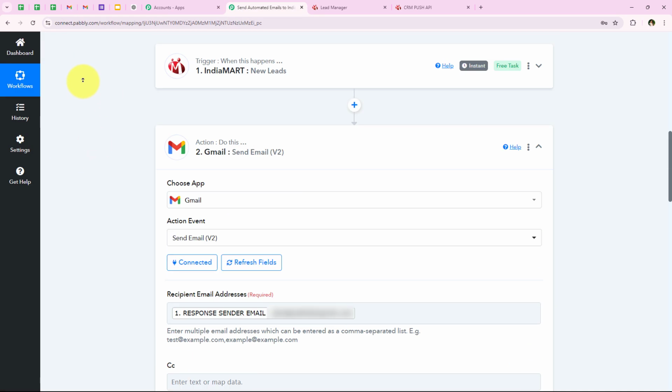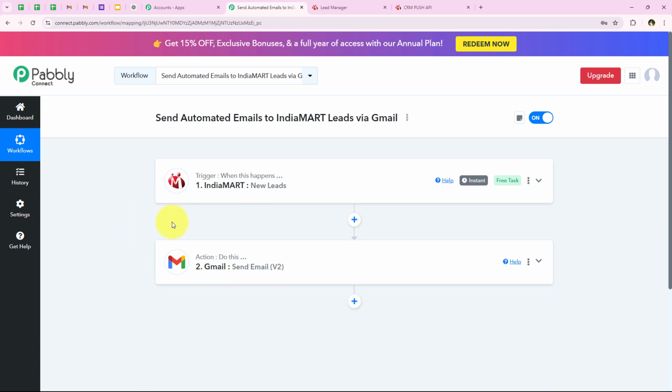So yes, with this, we have successfully completed our workflow and we have successfully sent an automated email to our lead received through IndiaMART. So yes, with this, our workflow is successful. But I'll just summarize this workflow for you once. So for a trigger application, we selected IndiaMART. For the trigger event, we selected new leads. For the action application, we selected Gmail. And then for the action event, we selected sent email